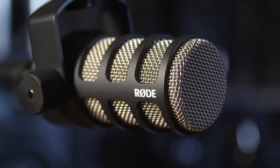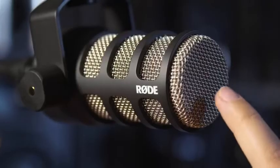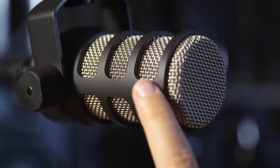The PodMic features an all-metal construction with a ceramic finish made right here in Australia so that you can be assured that your PodMic will be looking and sounding just as great in 10 years' time as it does today. The dual-layer mesh with internal pop shielding keeps control of plosives and sibilants when you're talking nice and close to